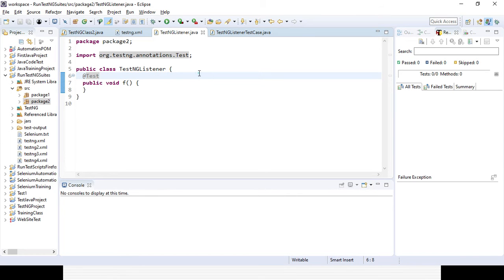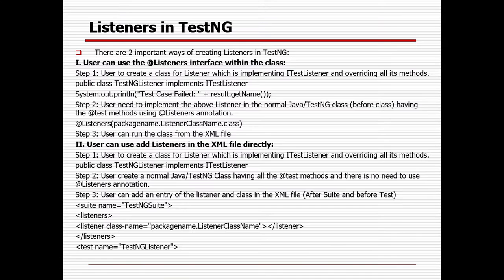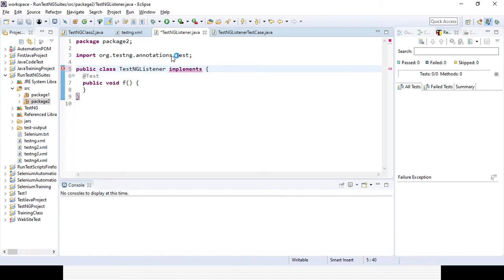So here I already created two different classes, right? One is the TestNG listener class and the other is the TestNG listener test case, both TestNG classes. In that class I will simply implement that particular interface, ITestListener.